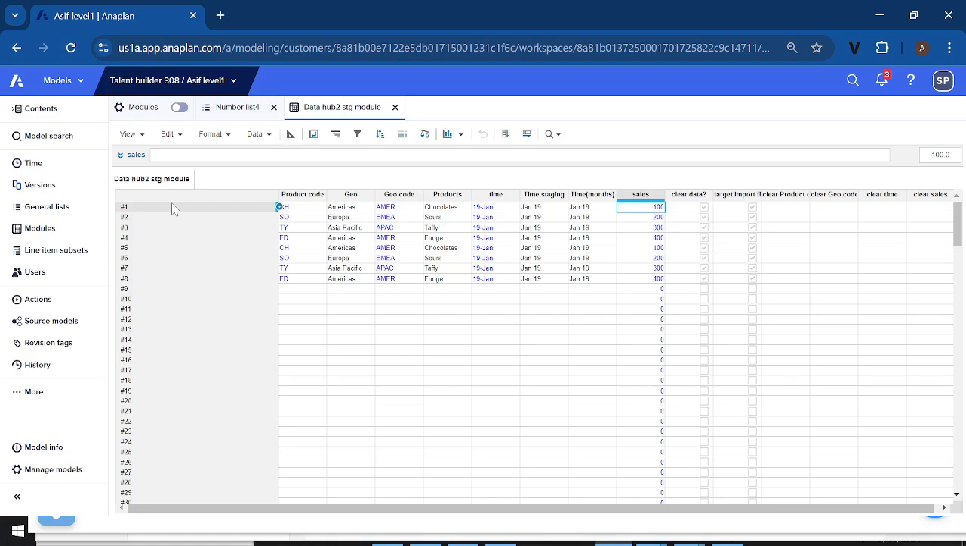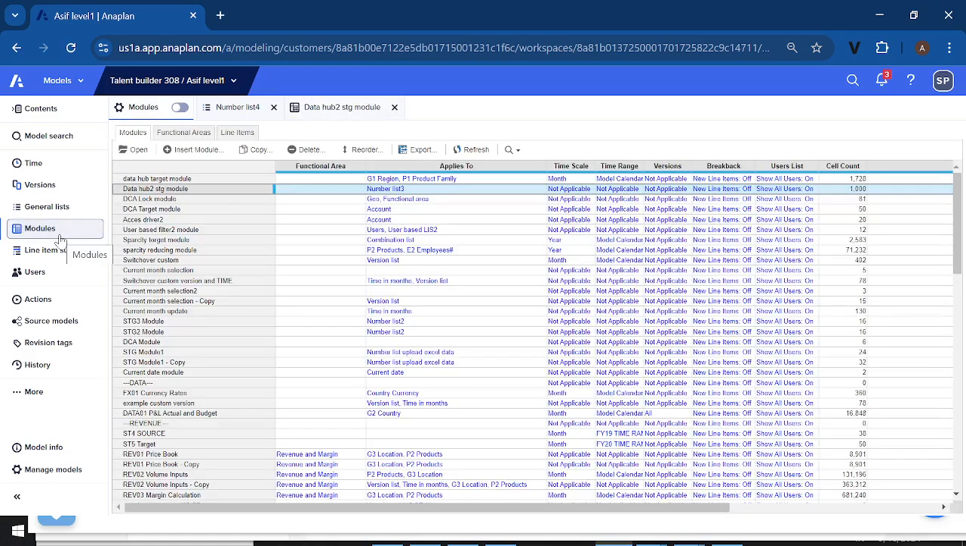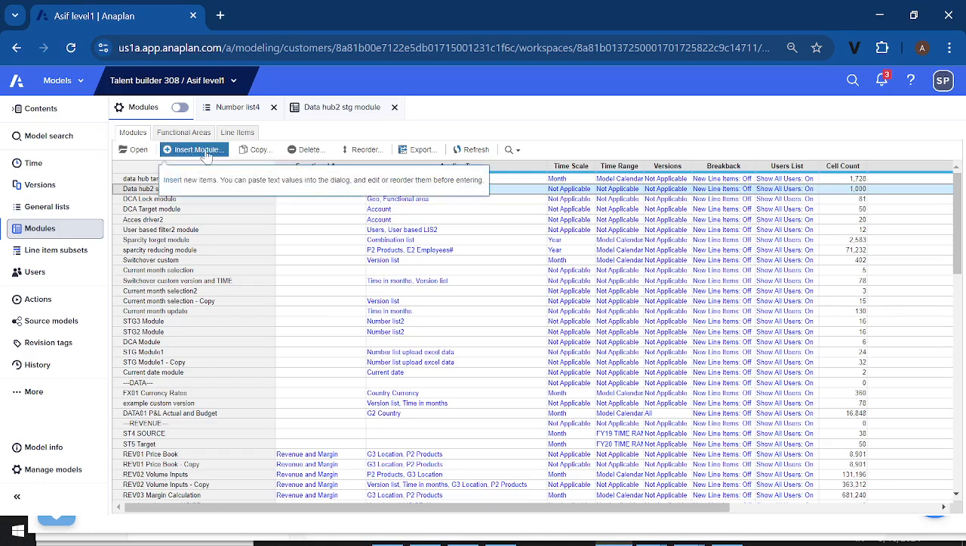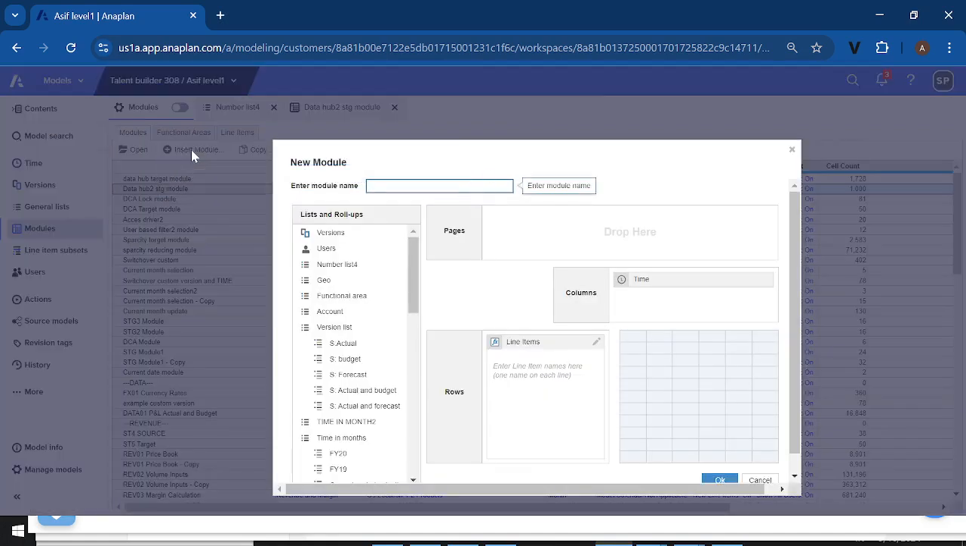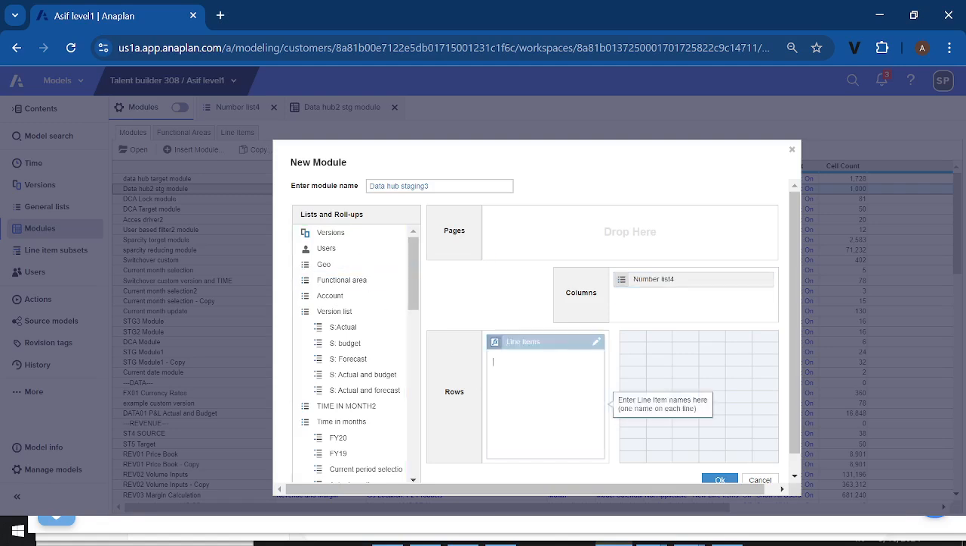Yes. So simply you can see, if I want to create one more data hub, staging 3, I will create it here. Data hub staging 3, and which dimension should I take? Just now I have created this number list. And what line items should I take here from the Excel file? What headers do we have? Yeah. Product code,